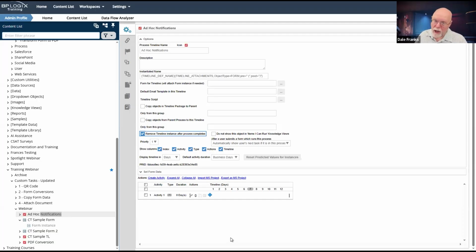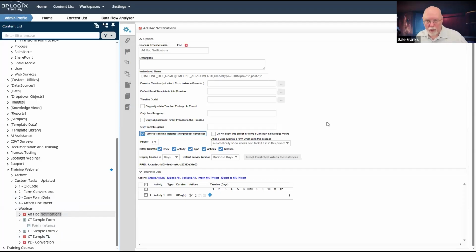Now, do keep in mind, if you check the remove timeline instance after process completes, that's exactly what it's going to do. So you're not going to be able to go back in the history and, in the case of these ad hoc notifications, you won't be able to go back and see when they all ran, because there won't be anything in the active or completed timelines, because they will have purged themselves.